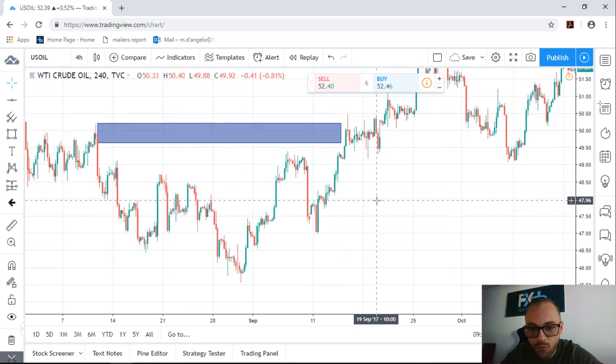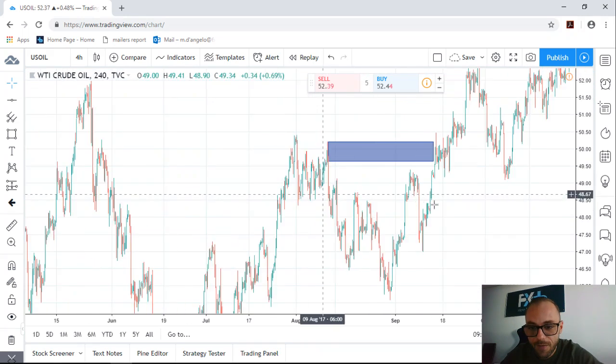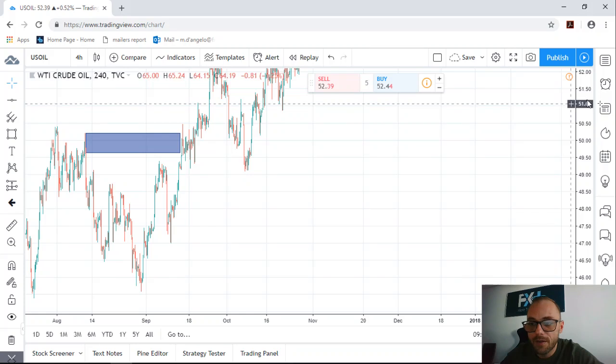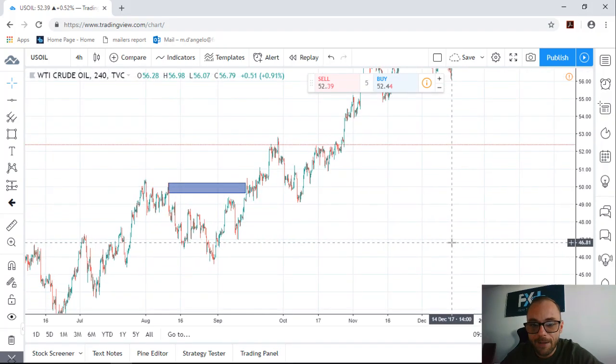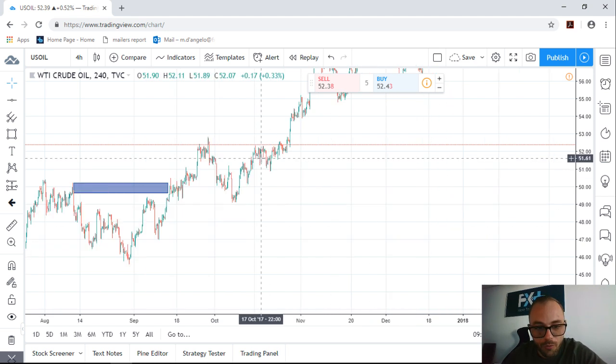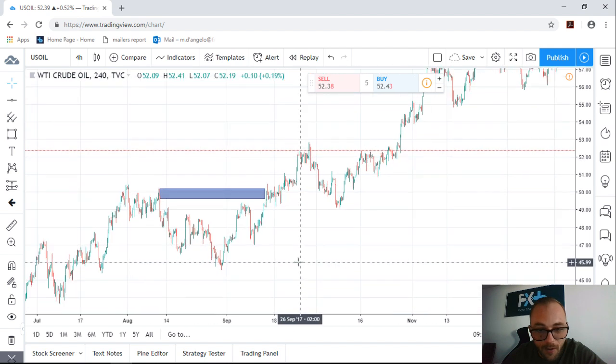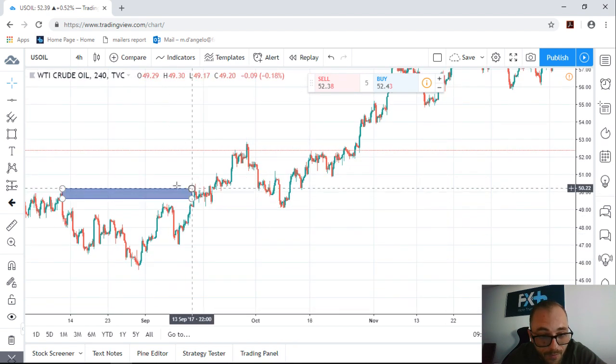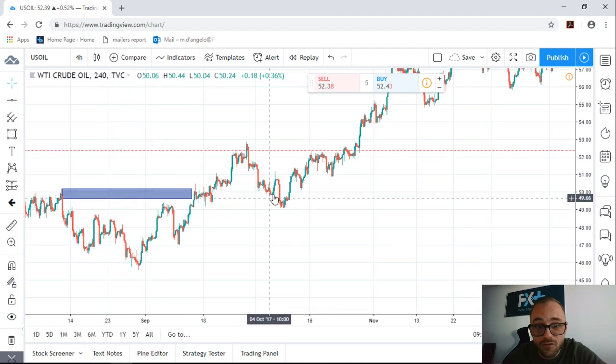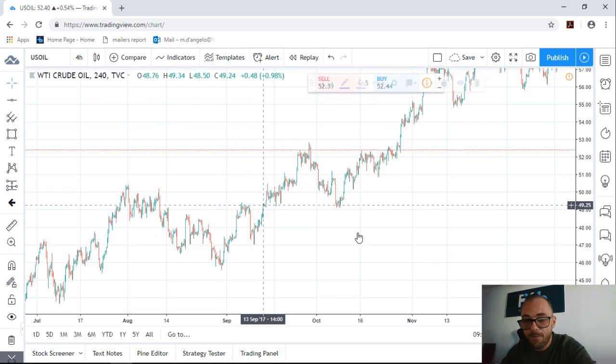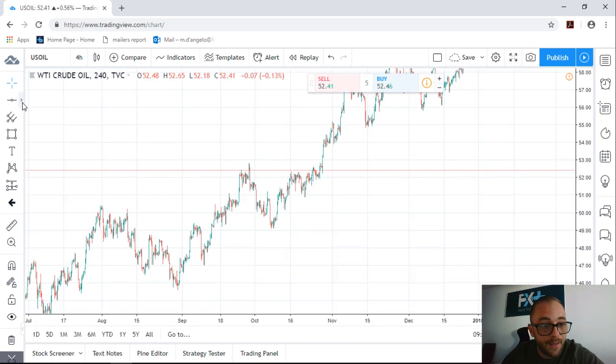I'm not going to go through the actual rules right now, but just to keep in mind, rally-based rally and drop-based rally represent demand opportunities, so long opportunities. Drop-based drop and rally-based drop represent supply opportunities, so shorting opportunities. Long story short, though, we clearly understand here, once the market took out the supply zone,